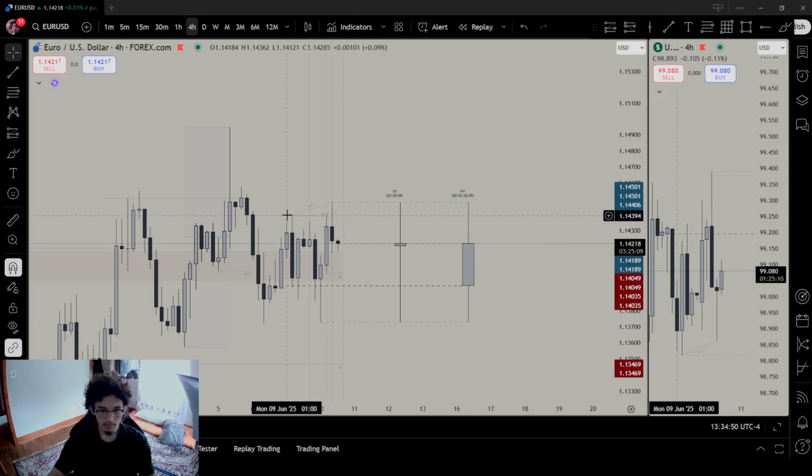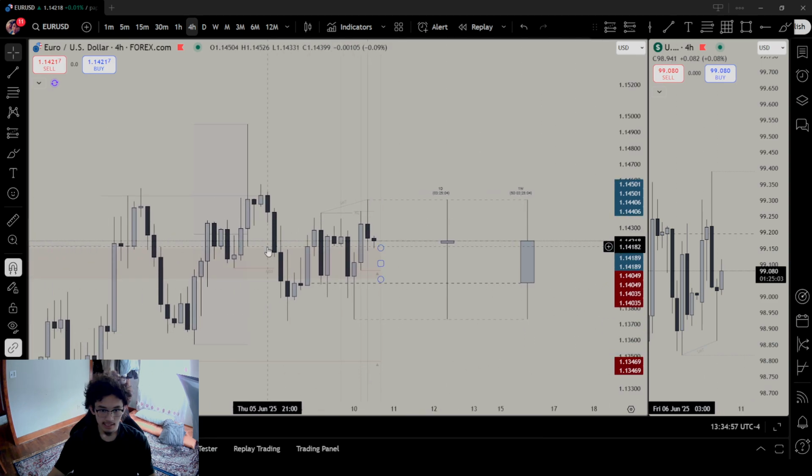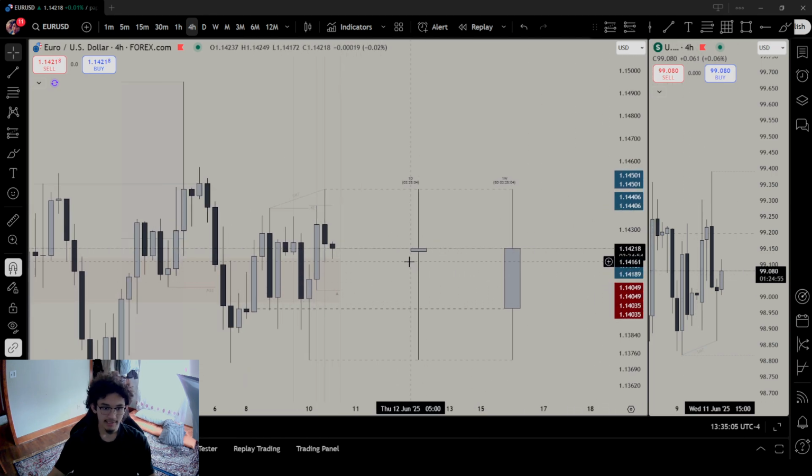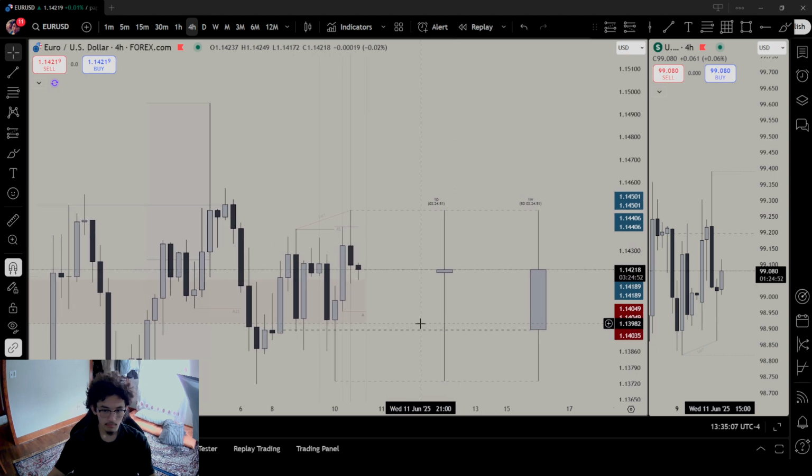We had a key level. We had SMT with DXY, as well as a 4 key level that still got respected as far as the value gap, and we had another 4 key level. But just as an extra context, our range was overall this 5 a.m. candle because this candle got disrespected.